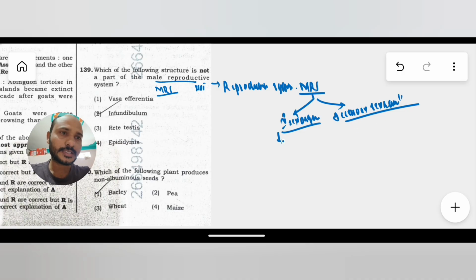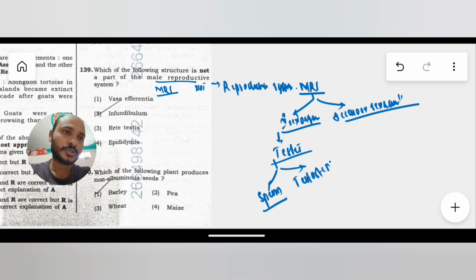The primary sex organ in male is always the testis, one pair of testis, and these testis play an important role in production of gametes called sperm, as well as a very important hormone, testosterone. Hence, due to production of sperm and testosterone hormone, the testis is said to be a primary sex organ. Now coming to accessory sex organs, which we again divide into two parts: